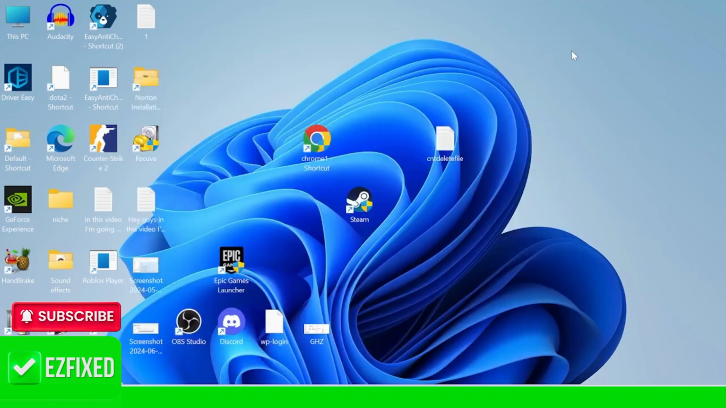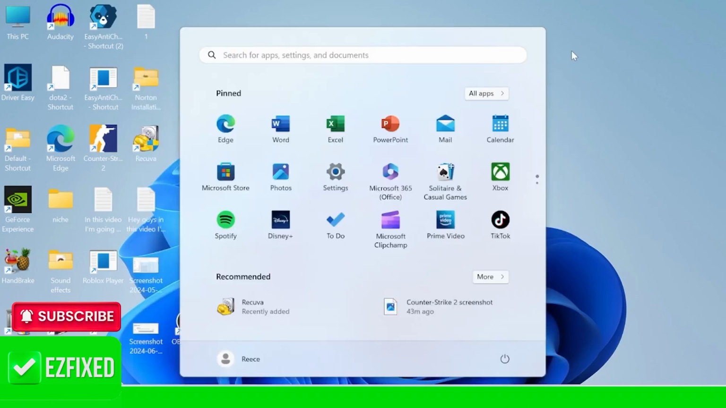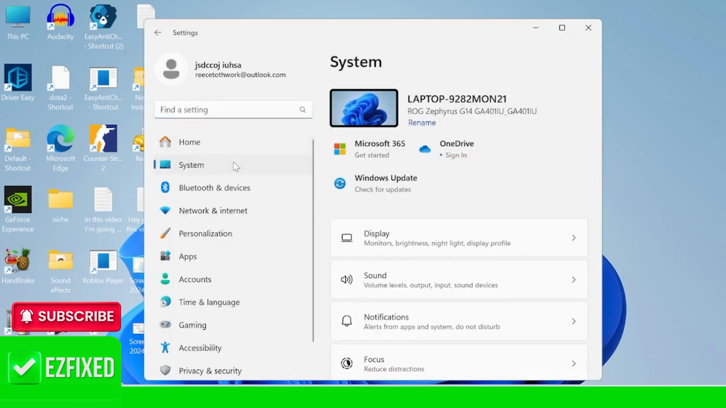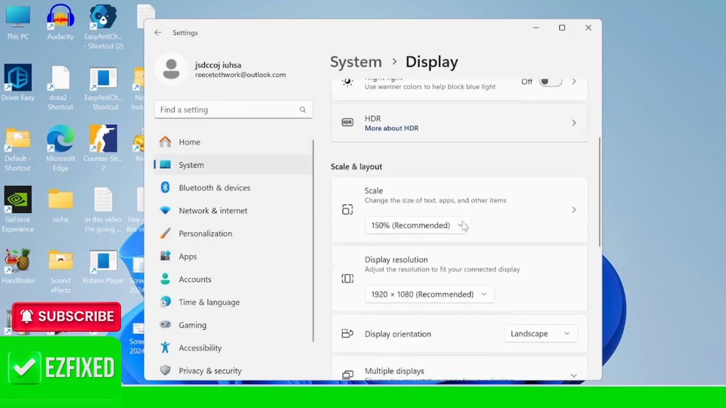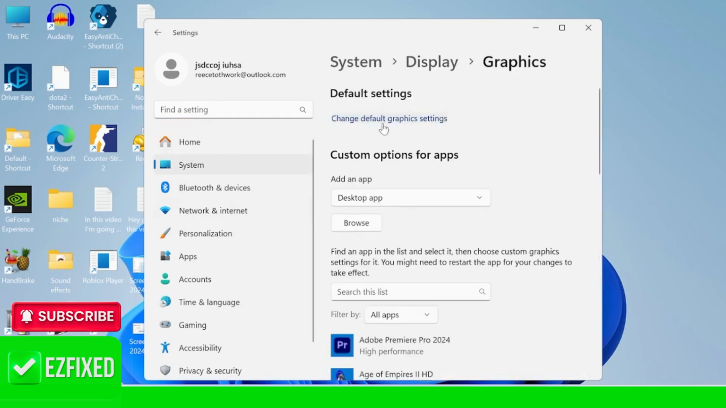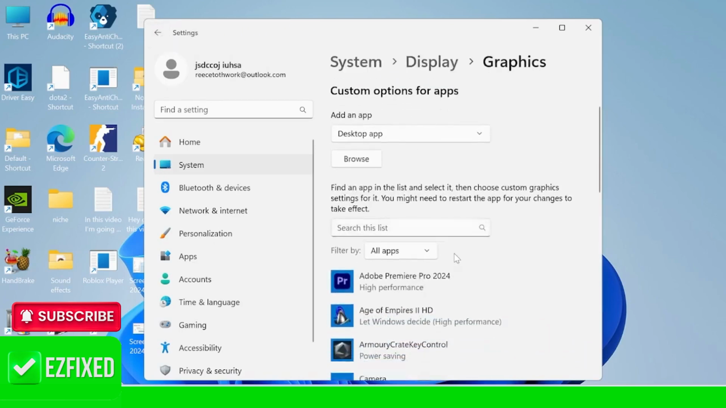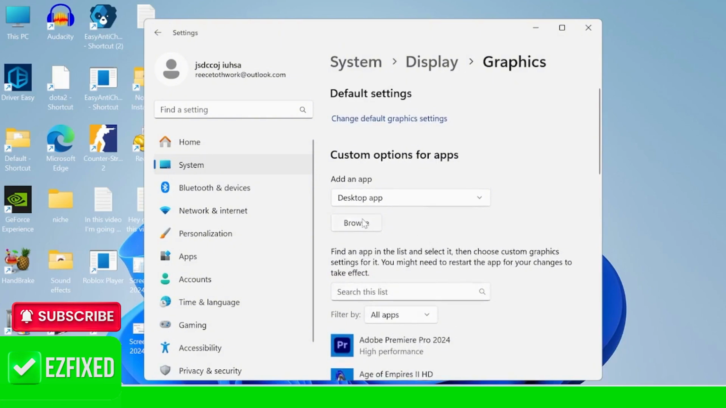We can then close out of this window, and next thing we're going to do is come to the Start menu and search for Settings. Click on the Settings icon, then come over to the System tab inside of Display, and then scroll all the way down to Graphics. Click on Change Default Graphics Settings, and we need to ensure that Hardware Accelerated GPU Scheduling is enabled. Then click Back, and then we're going to add Counter-Strike to this list of applications here by selecting